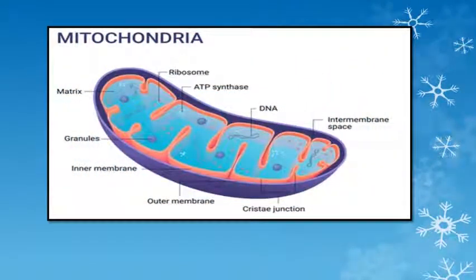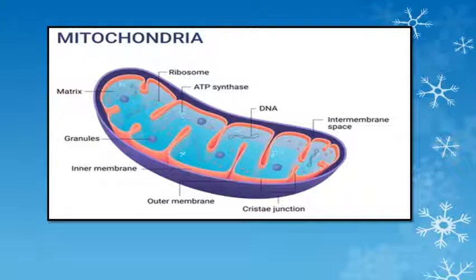So this is a mitochondria. Each cell requires energy and this energy is produced in the mitochondria. Under the electron microscope, a mitochondrion is seen as a double membrane structure. Mitochondrion is the singular and mitochondria is the plural form. The outer membrane is porous, that means it has pores, and the inner membrane is deeply folded. You can see in the picture the outer membrane and inner membrane.